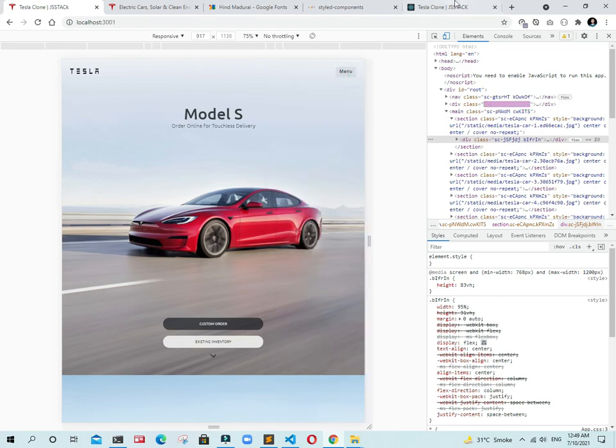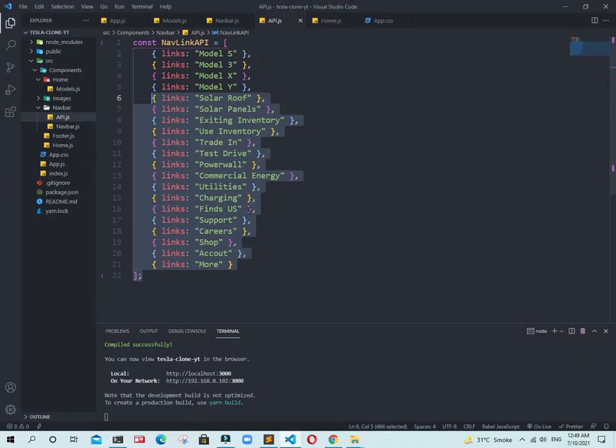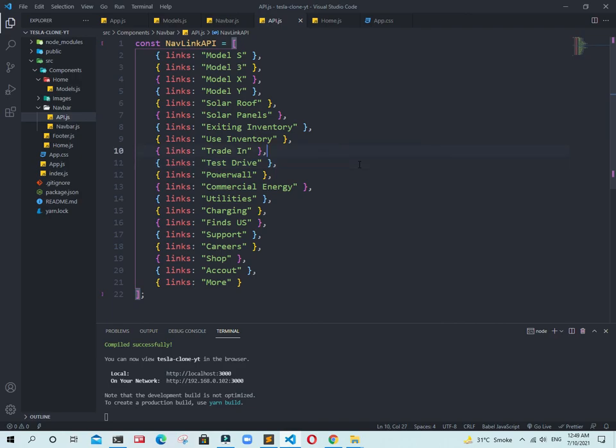Now we are exporting it as a Navlink API, and this is ECMAScript 2017 syntax. Okay guys, I told you already we are covering each and everything inside JavaScript, so it is the beauty of my channel.